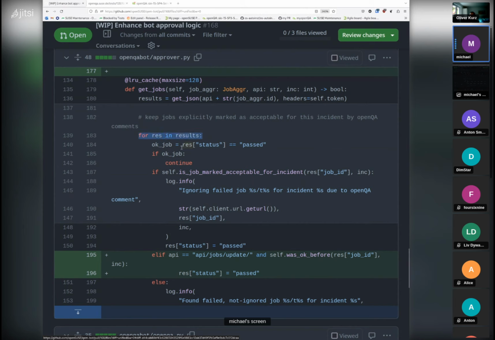For every result, if a job is passed, we continue and look at the next result. Pretty simple. We already added some exceptions here. I hope you all know that there is a way to mark a single failure acceptable for a single update,